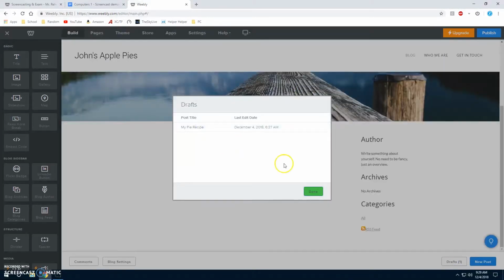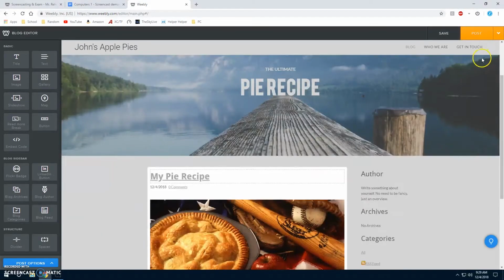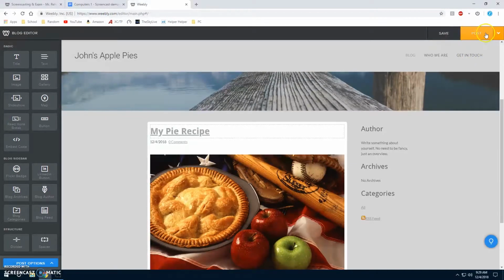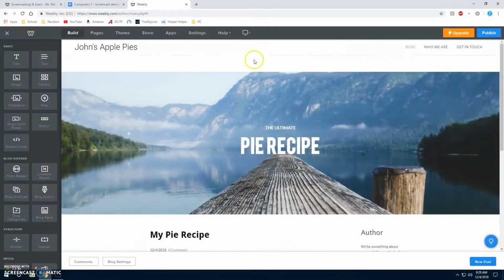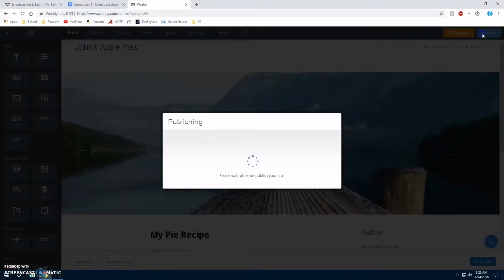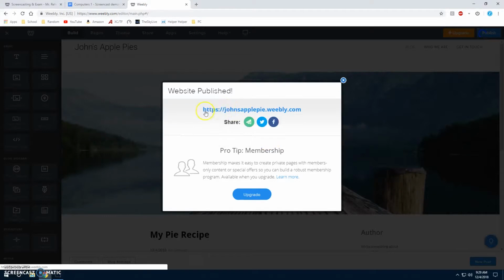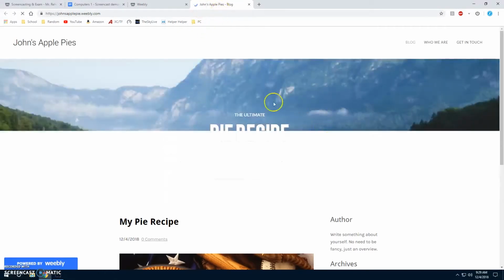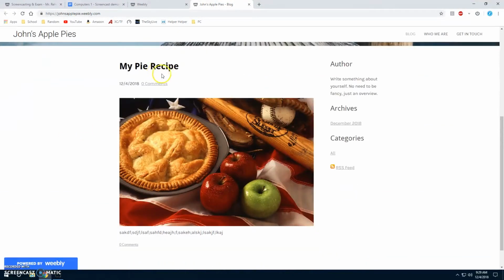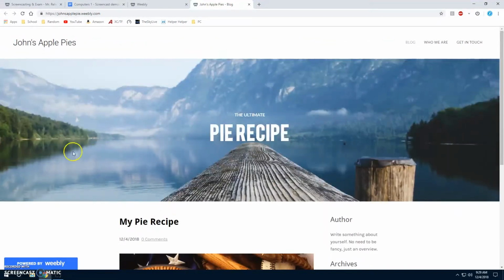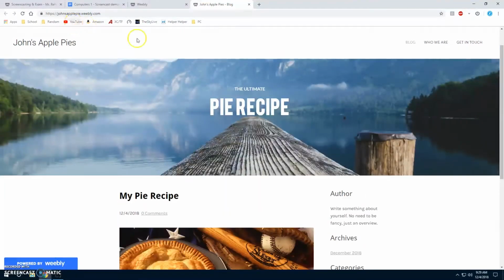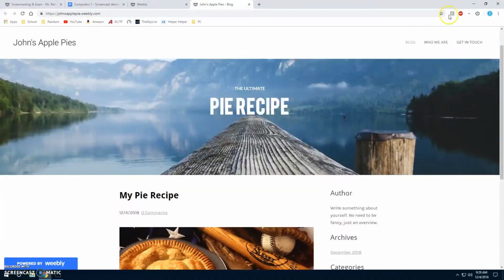And here's a draft. Here's my draft. And you can say post, actually. That'll post it to your page. And then after you get that done, you want to make sure that you publish it so everybody on the internet can see it. Right here shows the Weebly page. You just click on that, and then it shows you a preview of what it would look like to anybody that previews your page off the internet. So this is what it would look like,